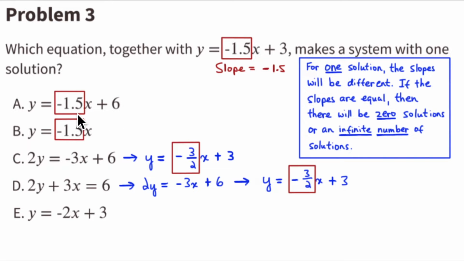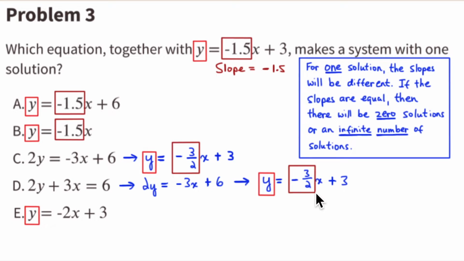So if you rewrite each of these equations in slope-intercept form, this is the slope, this is the slope, this is the slope here, negative 3/2, and this is the slope here, negative 3/2. So the graphs of these first two equations have the same slope, negative 1 5/10, but